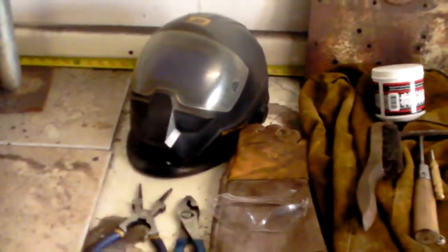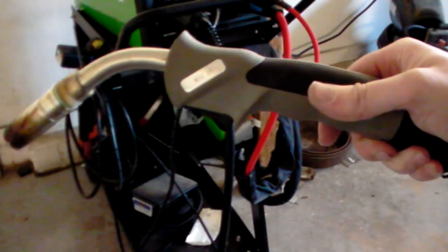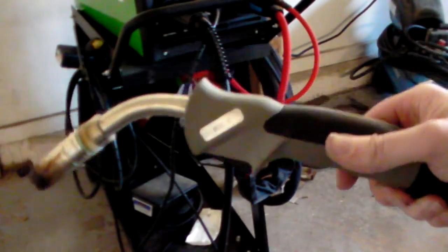Let's talk about how to set up the machine. So here's your standard MIG welding gun. As you can see, this is just a normal MIG gun. The first thing that you want to do, since this is a self-shielding process, that means that it has no gas shielding. Doesn't even use gas. So the first thing you want to do,